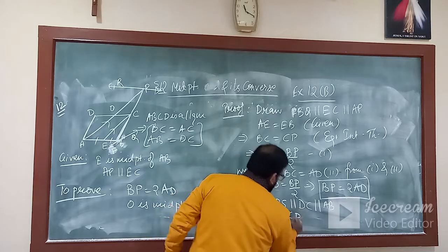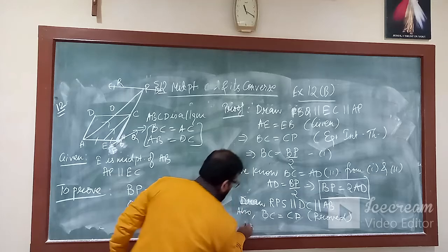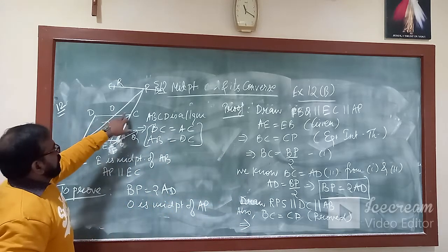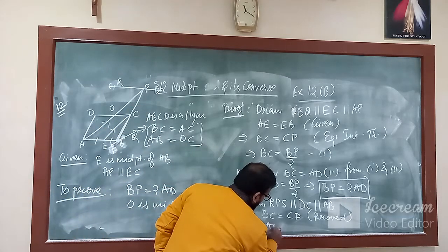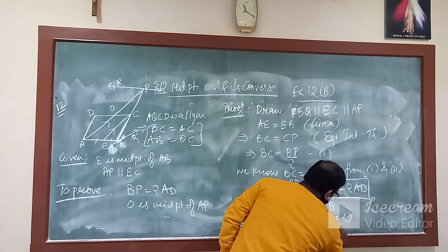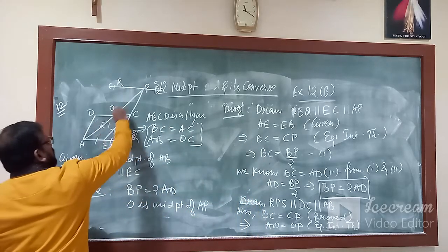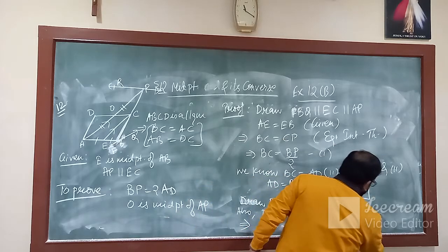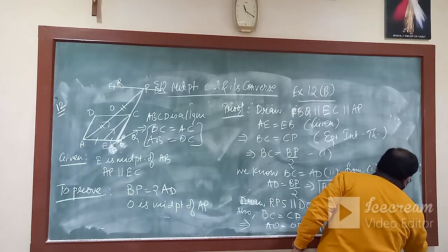So now again we can say that AO equal to OP by equal intercept theorem. And now AO is equal to OP. So these two are equal. So we can say that from here O is midpoint of